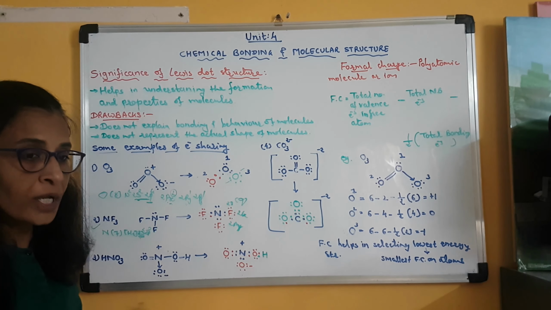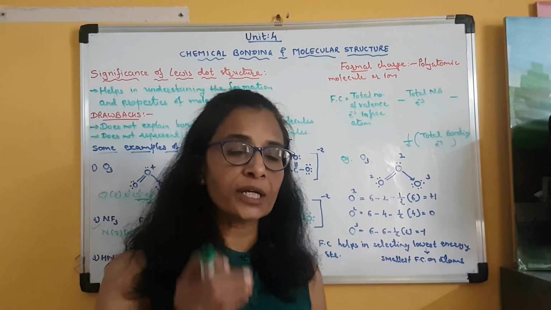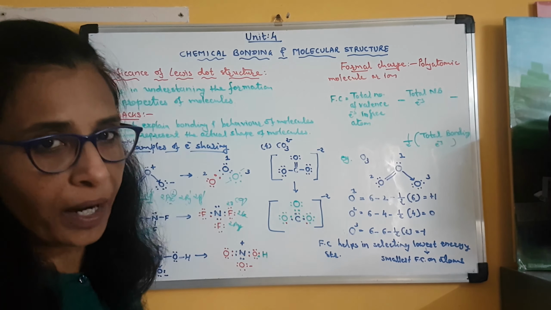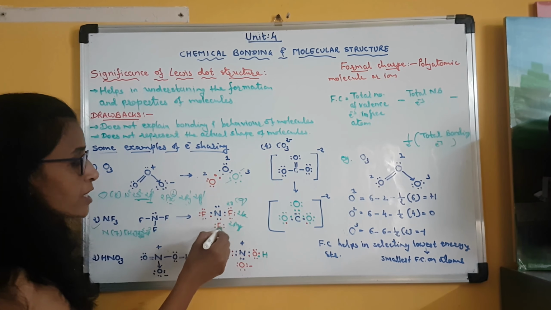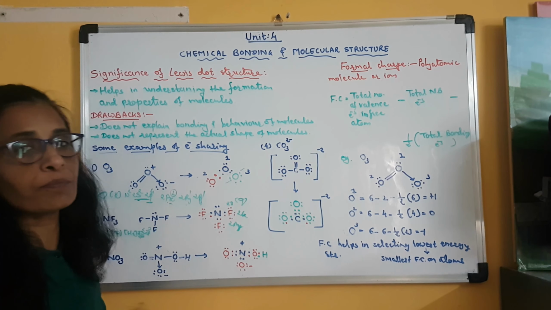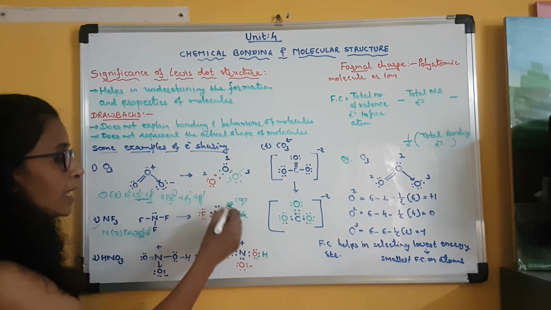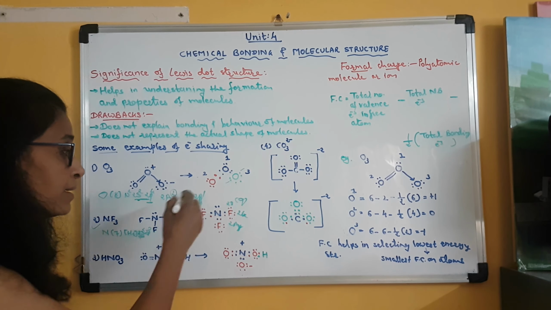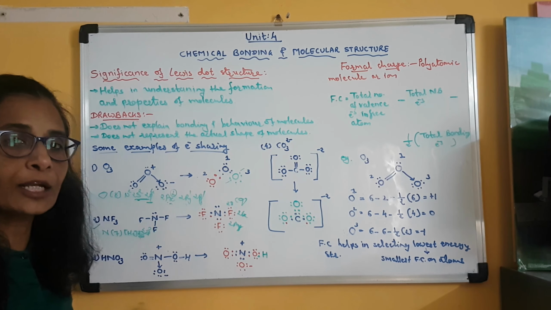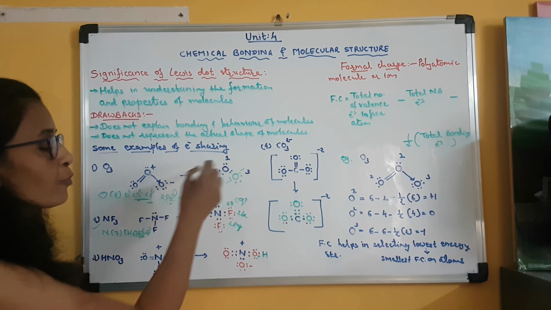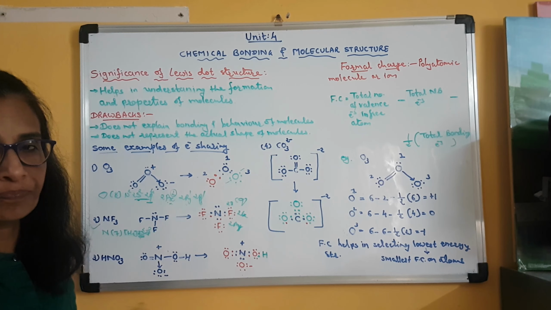Clear? I told you that in any bond formation it is first the unpaired valence electrons which will take part. So here in the case of fluorine and nitrogen, only unpaired valence electrons have taken part in the bond formation. Their valence electron pairs remain as they are, means they are the lone pairs or the non-bonding electron pairs. But in the case of ozone, it is not like that.